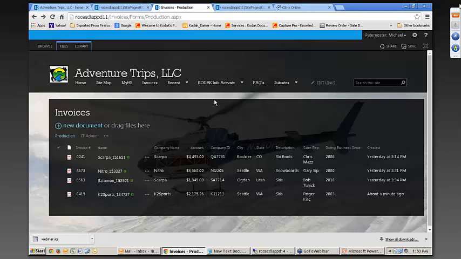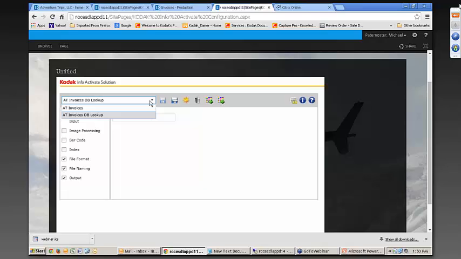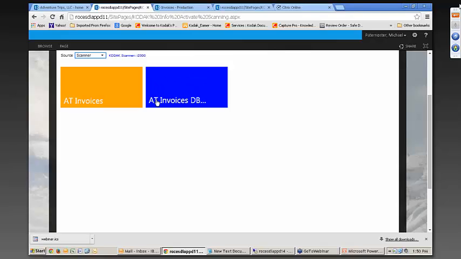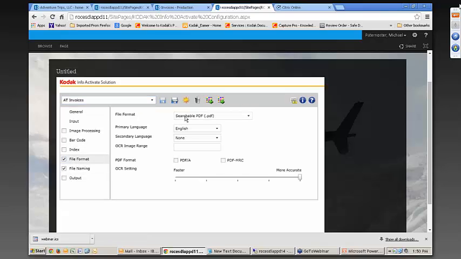If we go to our configuration page over here, I had that opened over here. Here we go. The configuration page for InfoActivate Solutions shows our two job setups or our two job profiles that we saw over here. We have AT invoices database lookup. So these are the two over here. AT invoices over here, I'm only using, these are all our features that we can use over here. All I'm using for this is file format. So I'm importing the